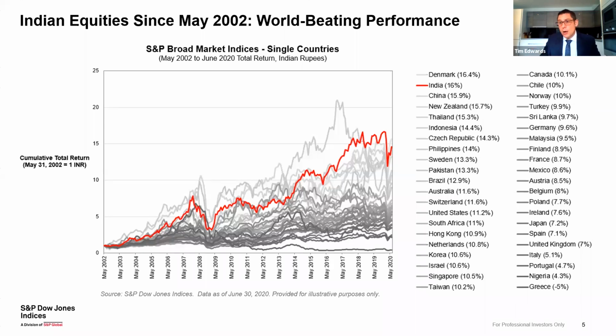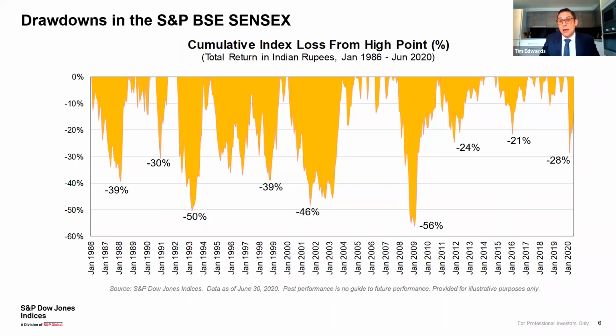So moving from our broad market indices to one that has a slightly longer history, the S&P BSE Sensex was first published in 1986. So that's got the longest history that we have for the Indian equity market. And here, what this is showing you is just on a price basis, so ignoring dividends, if you were invested at the high, what could have happened to you? How far or how much loss might you see from the high point down to the low? And what you can see